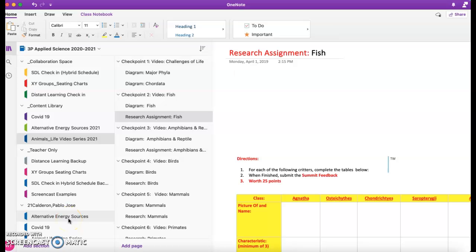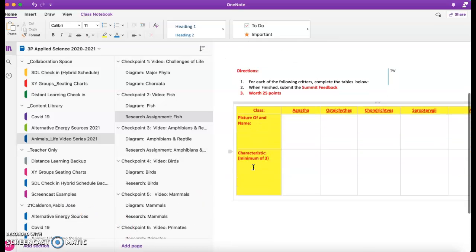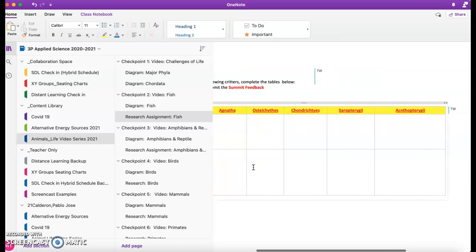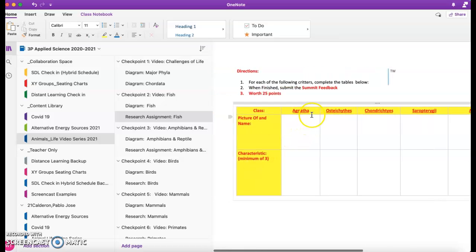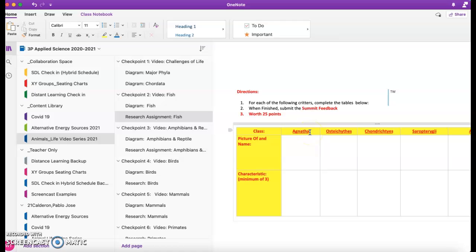So on checkpoint number 2, this is the first time you're going to see a research assignment for that particular group of animals. And in this case, it's going to be the fish. So you can see below what you're going to do is this is a research off the internet. And for each group of fish, such as this one here called Agnatha and the osteichthyes and the chondrichthyes, etc.,